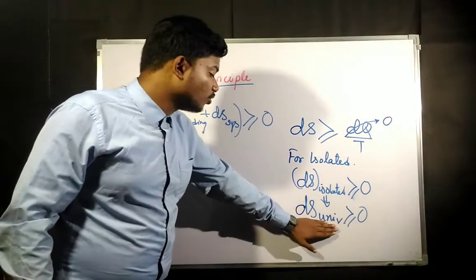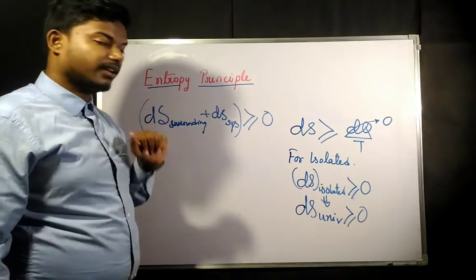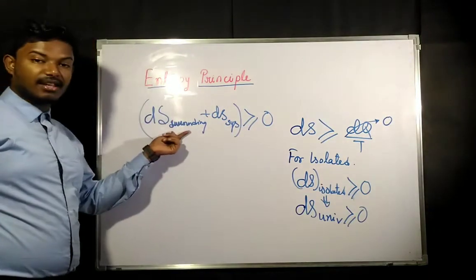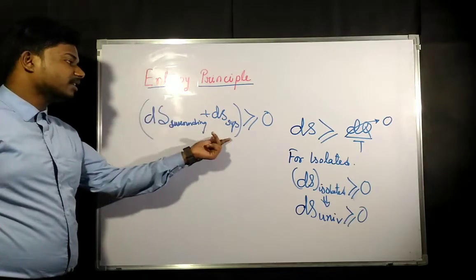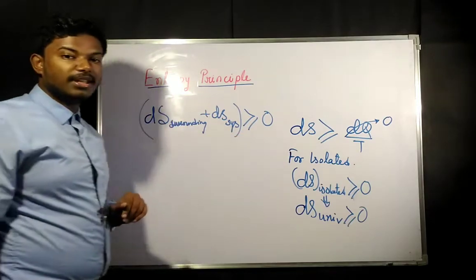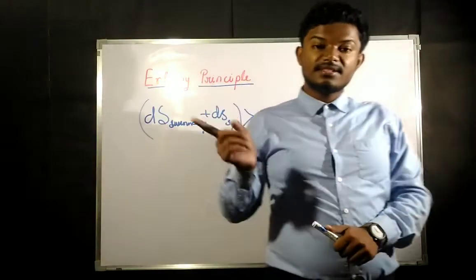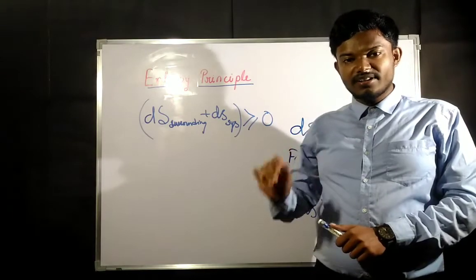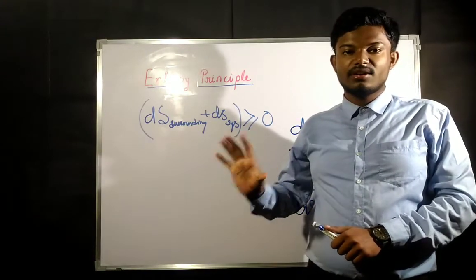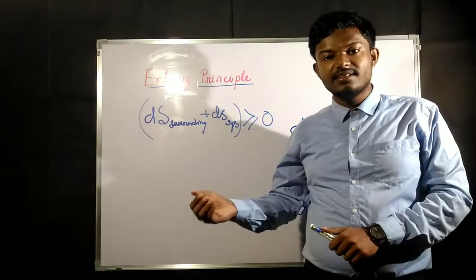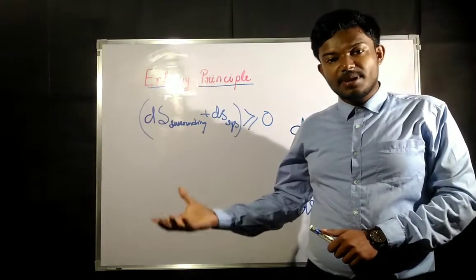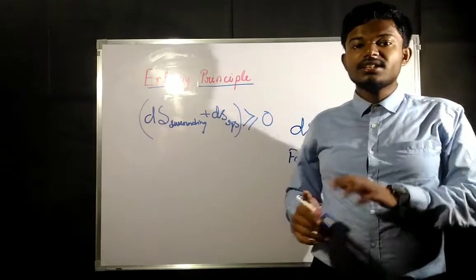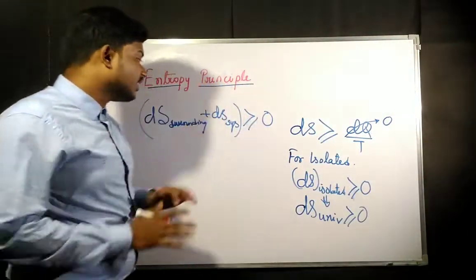The universe consists of system and surroundings, and we have said that the change in entropy in the surroundings plus the change in entropy in the system is always going to be greater than 0. In the previous class we saw, for irreversible or reversible processes, all the cases where entropy can increase, can decrease, and can be isentropic. That means entropy may remain constant. This we found out in the last class.